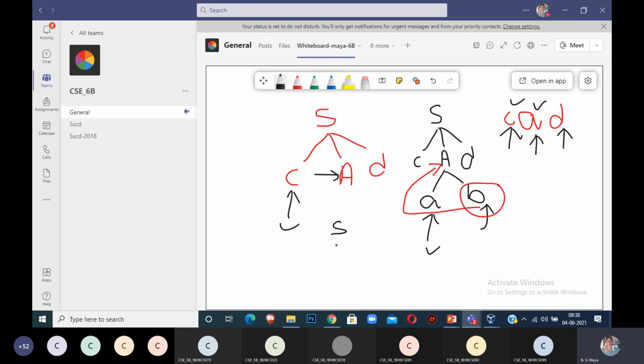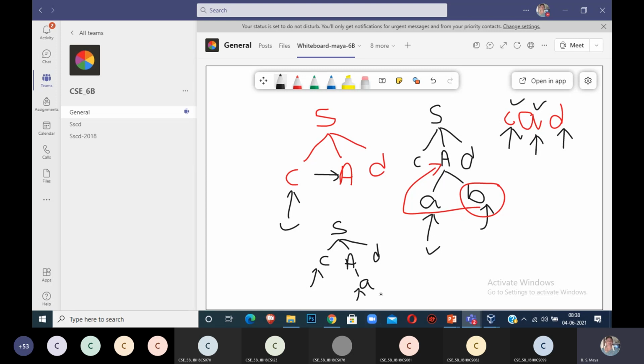Again, I have to write the production for S. Yes, there I see capital A and d. Now I have one more production for capital A, that is a. Now you have to match. c is already matched. Now the pointer will be pointing to a. a is matched.